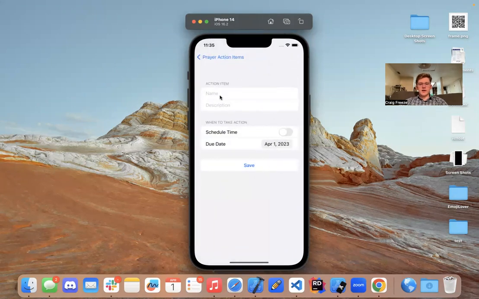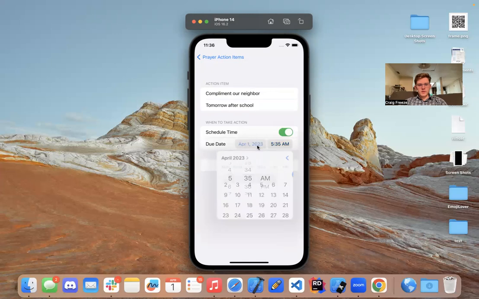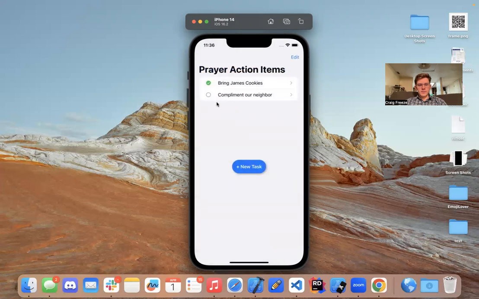We can always go ahead and add a new one. Let's say we want to compliment our neighbor, then description, tomorrow after school. And we want to do it at a scheduled time, in which case we'd be able to select a time with a scrolling wheel and a date on the calendar. And then we can save that, and then it pops up here, and then you can press check, and it